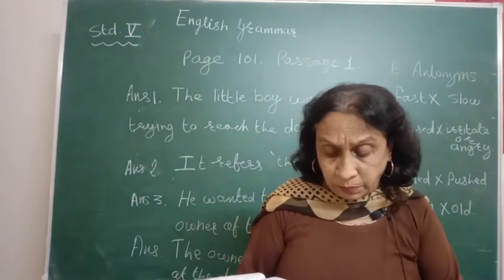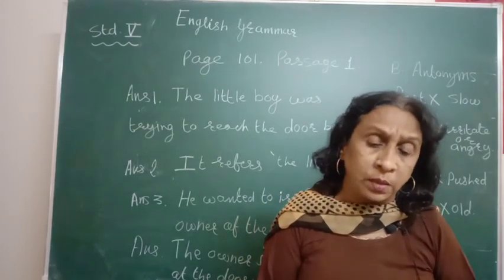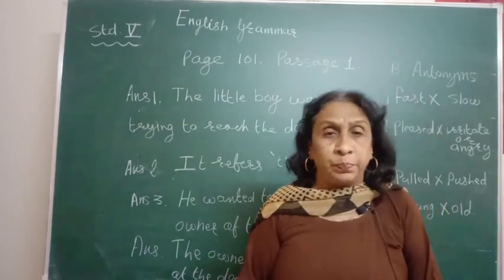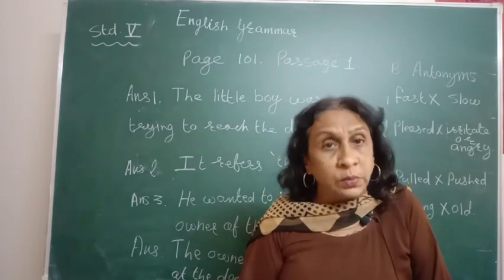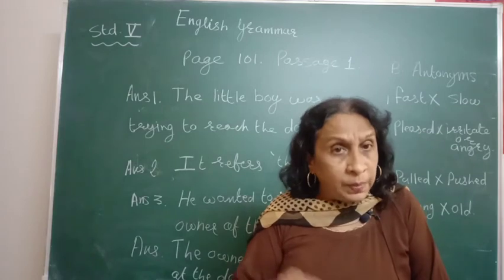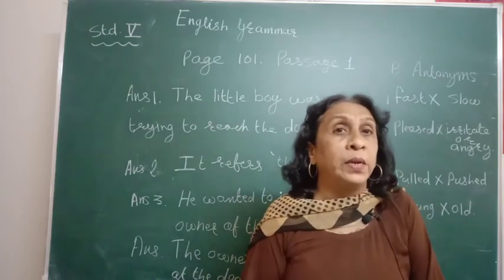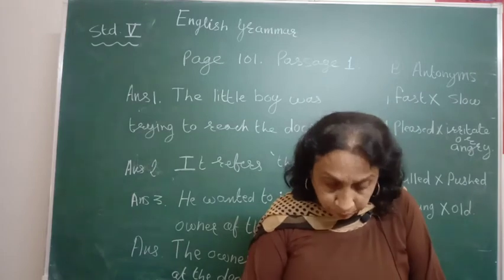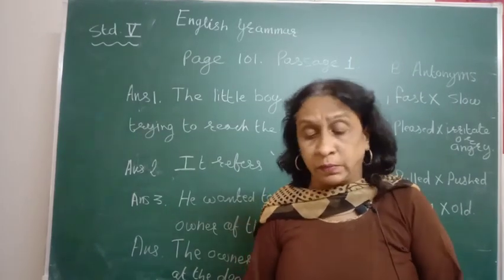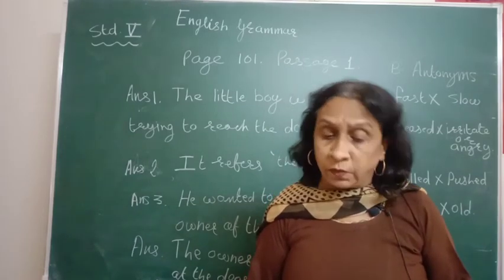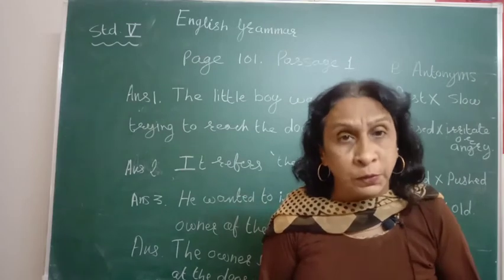What is the moral? Once a liar, always a liar. Now what is the moral of the story? Once he told lies, so now second time he was not telling a lie, it was the truth. But once you tell a lie, other people think that we are liars. Liar means a person who keeps on telling lies. So here, what is the name of the story? The Shepherd Boy and the Wolf. Or here you can write, The Boy's Mischief also can be written.